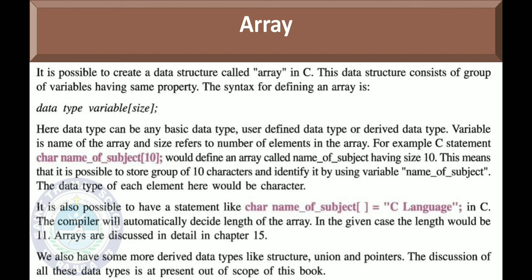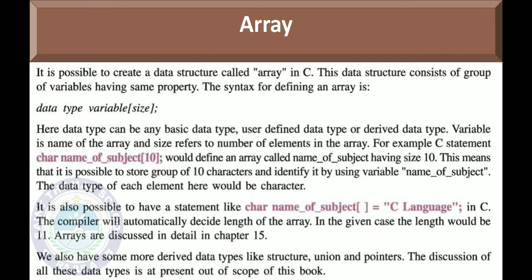Now the compiler will automatically decide the length of the array based on the value you have given. Here the length of the array is 11 because the blank space will also be considered as one character. We will discuss arrays in detail in chapter number 15.